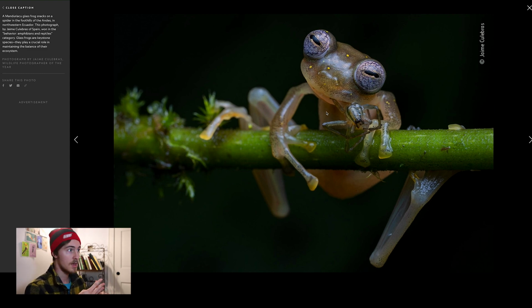Number three, the way the depth of field is situated where the frog's eyes are just perfectly in focus and the stem that this frog is on is slowly going out of focus. And then, number four, which is arguably the most important thing, is what the frog's doing. It's eating something. It's not just sitting there. It's not one of my owls just sitting there photos. It's actually doing something, which is, oh my